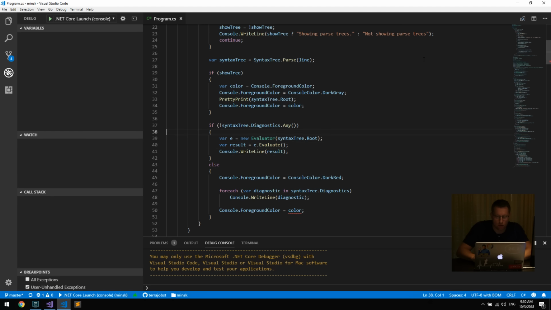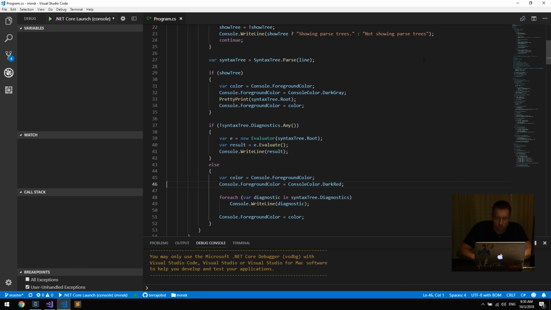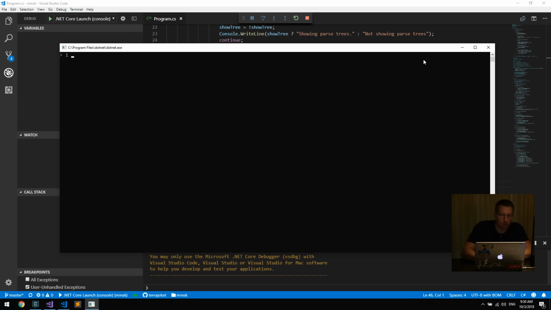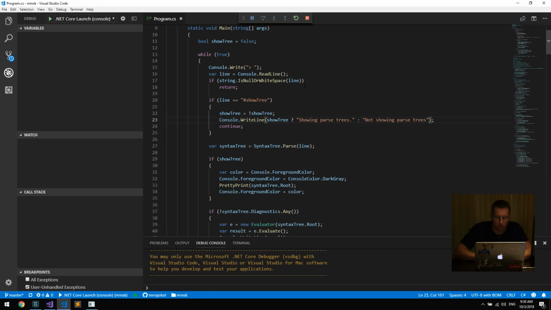I guess we need to do that here now as well. We can say 1 plus 2. You get a result. I can say showTree. When I say 1 plus 2, I get the tree. So this way, we have some diagnostic information without anything. And then I think the other one that I probably want,